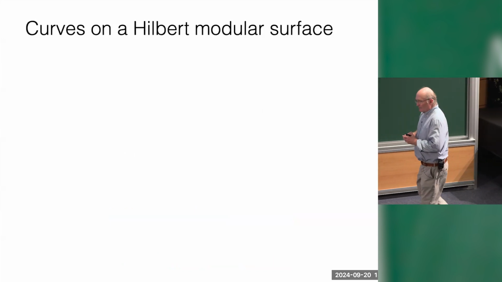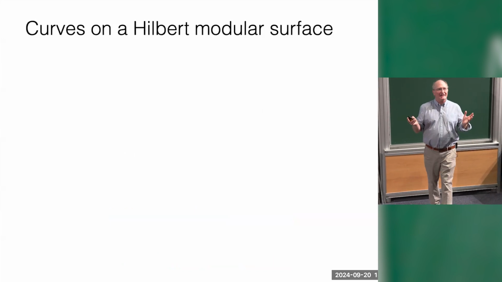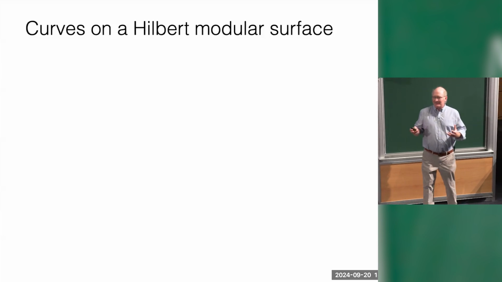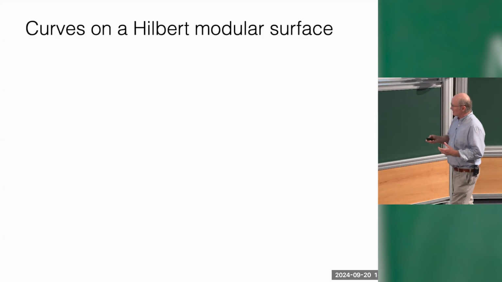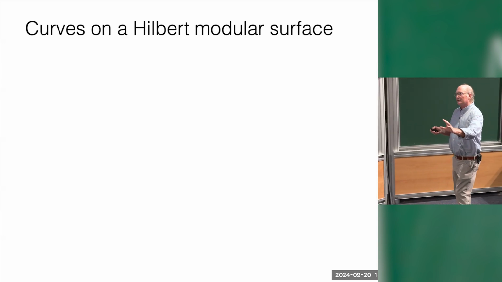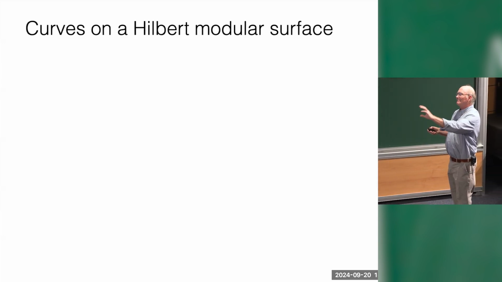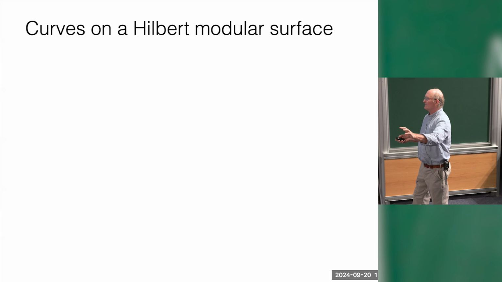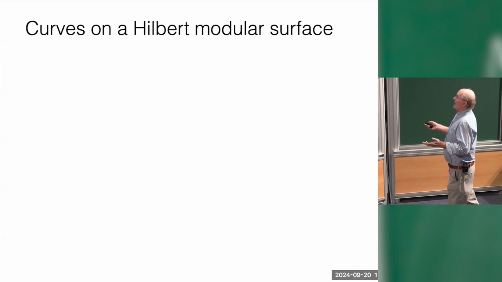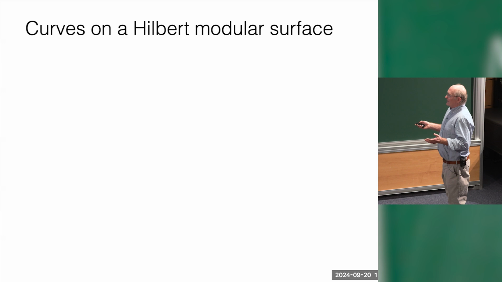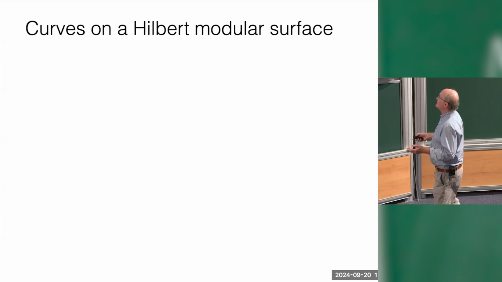Okay, so what this factorization suggests is that maybe the fact that these billiards have periodic trajectories and they can be controlled doesn't have much to do with the fact that V maps into moduli space. Maybe it has more to do with the fact that V sits on a Hilbert modular surface. So I want to describe a result which justifies that intuition.